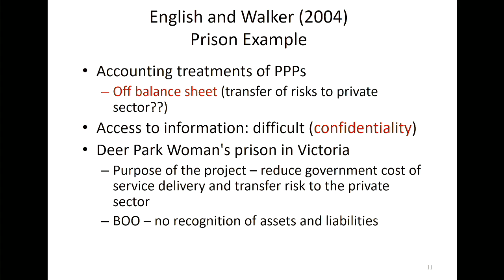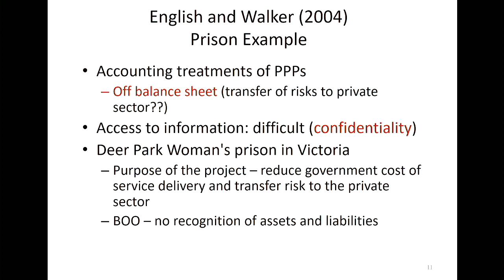So the paper looks at Deer Park Women's Prison in Victoria. This was delivered using PPP arrangements to construct and operate the prison. The purpose of the project was to reduce the government costs of service delivery and transfer risk to the private sector. So they have the common motivations of using PPPs. And the form of delivery is build, own, and operate